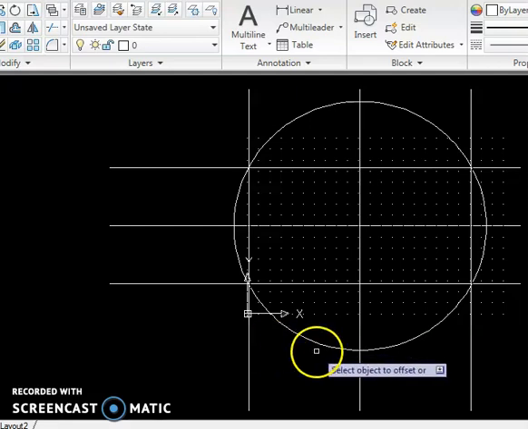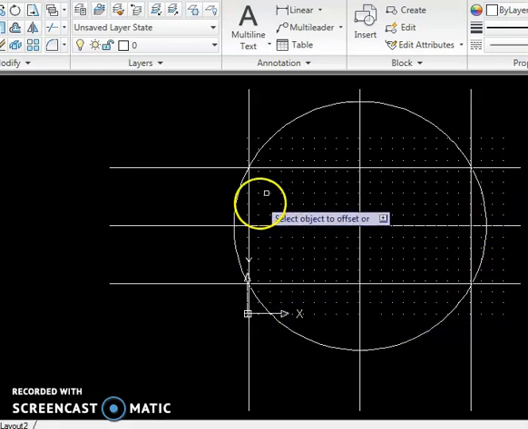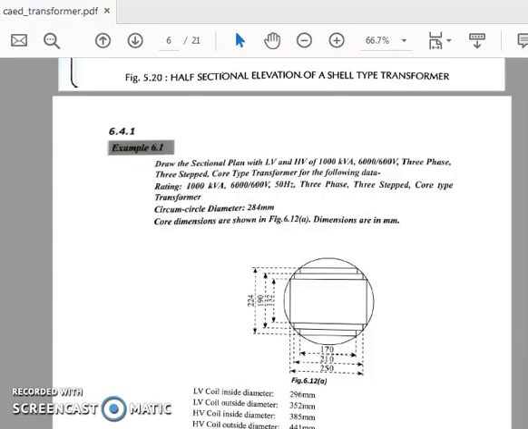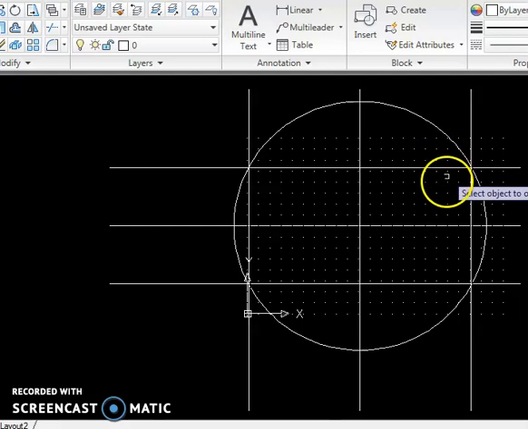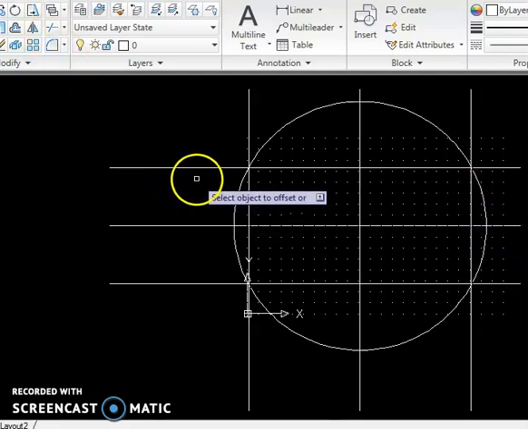Yeah. So the next, see here, now I can see the rectangle, the first core, right? So we'll see that figure. So this part is ready now, right? What we'll do is, first we'll trim all the excess lines so that the figure will be clear. For that, you select everything.